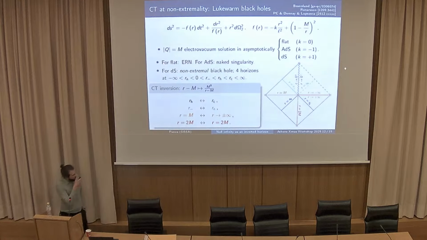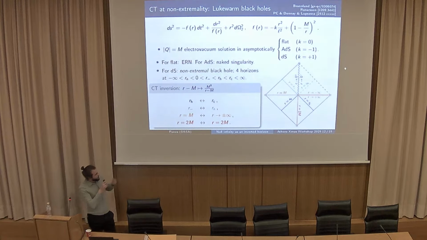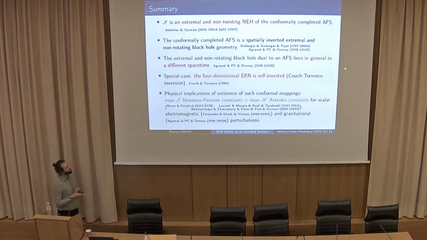Right, so my point here is that we have an explicit example where the Cauchy Lorentz inversion exists for non-extremal black holes. So the extremal restriction might be too restrictive. In fact, this is something we are studying in a paper that should appear in the coming days, where we construct an explicit inversion that acts on the non-extremal Kerr black hole, but only on a particular subsector of its properties. But I don't want to get into it right now. Let me just go ahead and finish this talk.